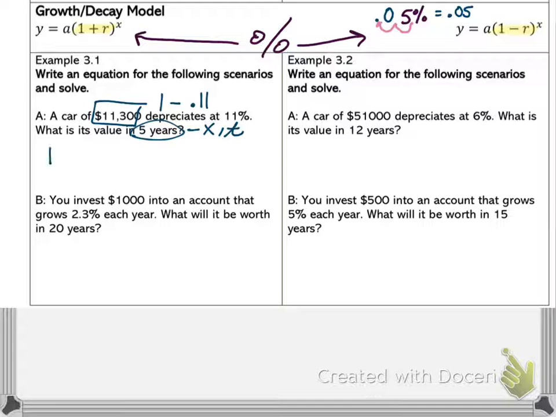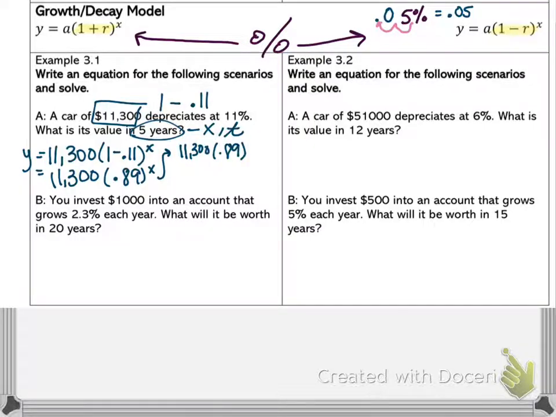So I'm going to plug this in. It's going to be 11,300 times 1 minus 0.11 to the x power. Technically, y equals. If you would like to simplify it a little bit, 1 minus 0.11 is 0.89 to the x power. Okay, so I'm going to take my calculator, 11,300 times 0.89 raised to the power of 5, because this is for 5 years. And notice how I don't have the word every anymore, so I don't have to worry about dividing my years by anything. So I am taking this and plugging in the 5,